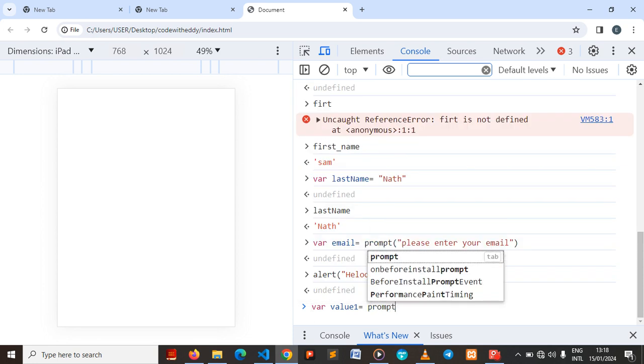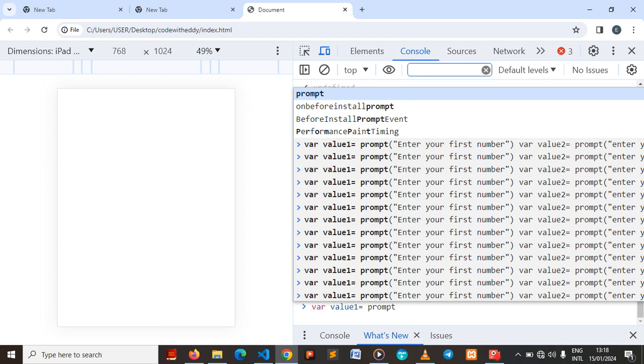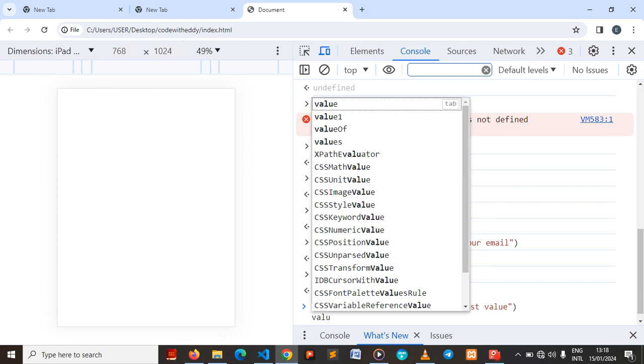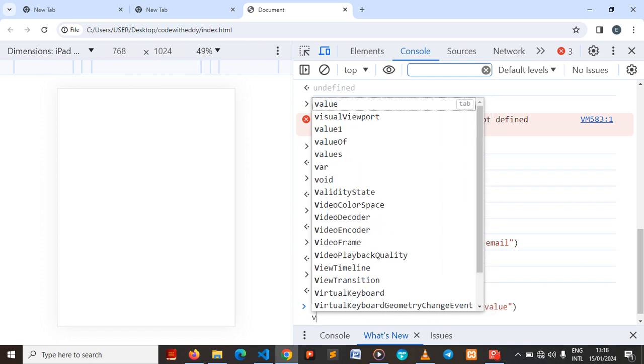The prompt statement asks the user, "Enter your first value." Then shift and enter so that we can have variable value2